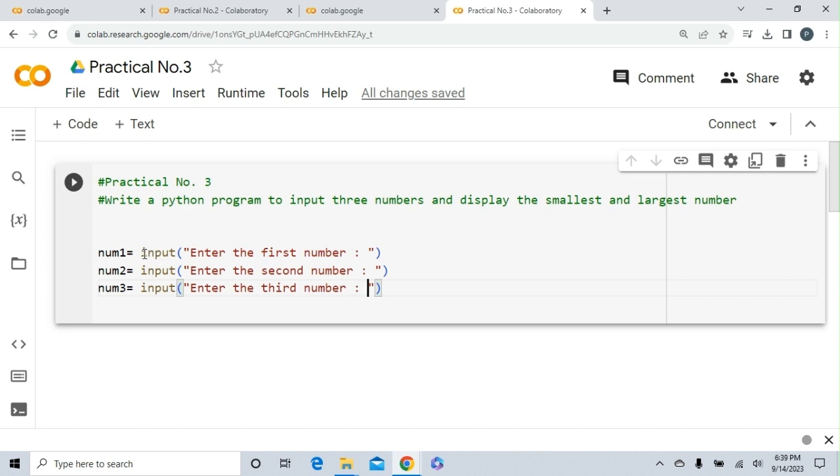Since num1, num2 and num3 will be an integer value or either a float value, so we have to write int or float in front before this input function. So if I take int here, right, for now, and then again I take int here, and now if I take int here,